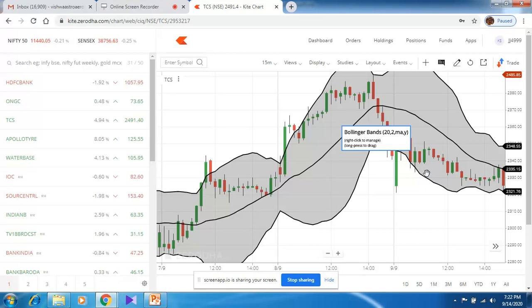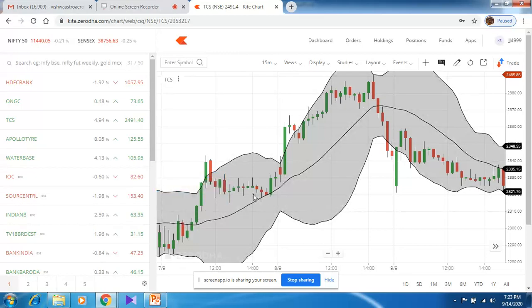Okay, so this is about oversold and overbought. The lower line is for oversold and the upper line is for overbought. If it is in between, whenever it comes near the median line, then immediately we are in the safe stage, so that we can enter the market. So this is about the Bollinger Bands, as simple as that, very easy.